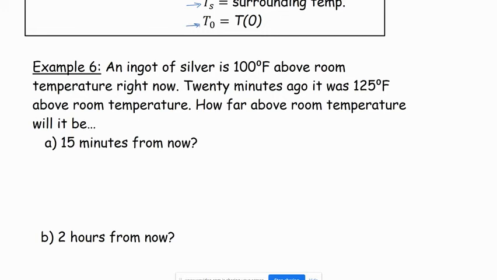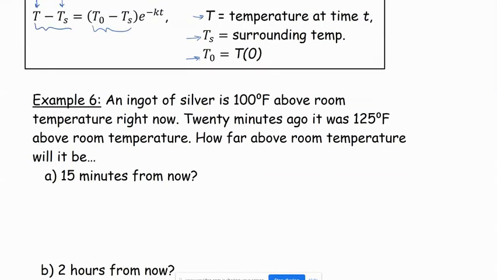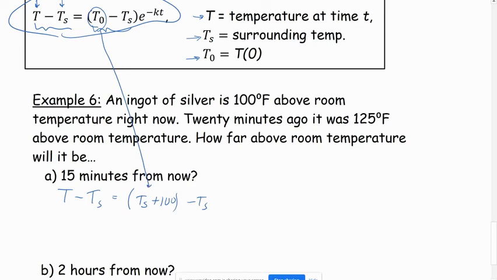But we can write these using this equation up here. We can say T minus Ts, so we don't know either one of those, is equal to, let's see, right now it's Ts plus 100 minus Ts. So filling in here, the starting temperature started at 100 degrees above room temperature, and so the difference between those